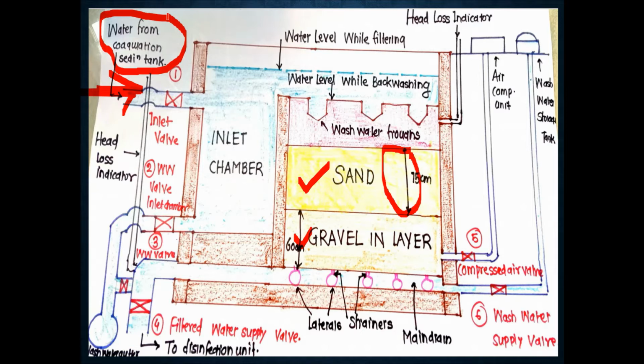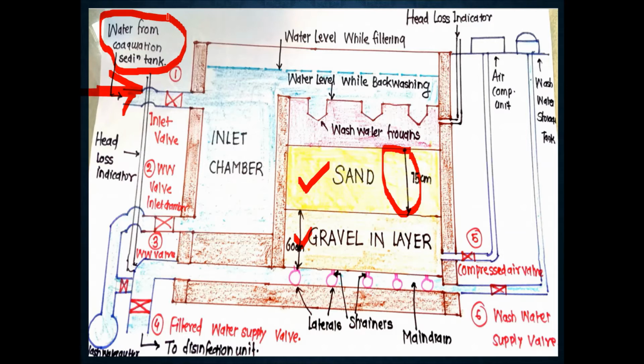But in the case of the rapid sand filter, which is the pre-treatment? Water is coming from which tank? The coagulation sedimentation tank. Plain sedimentation means there are no chemicals, and when there are no chemicals, it takes a larger time to purify the water. Remember, hence the slow sand filter has less efficiency. Like the earlier 2-3 drawbacks of the slow sand filter, another important drawback is the pre-treatment before filtration, which is plain sedimentation in the slow sand filter.